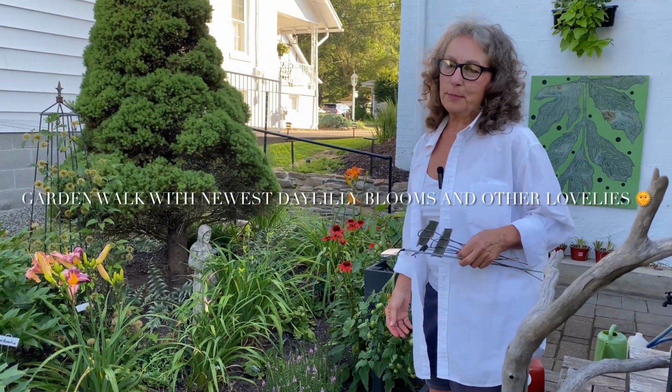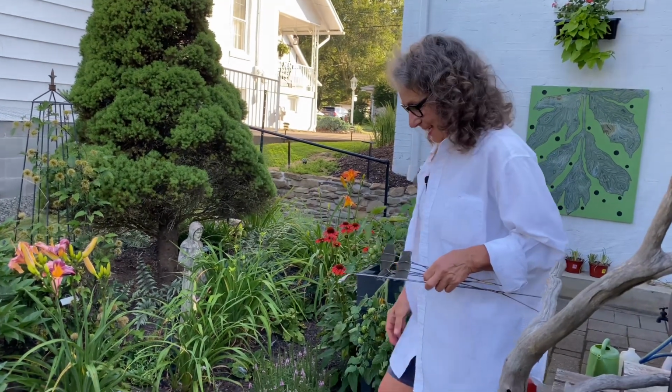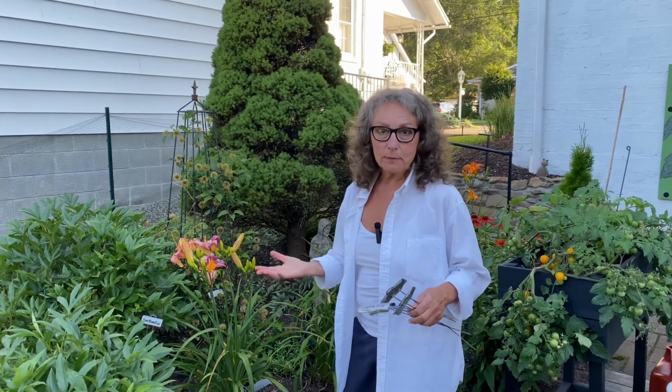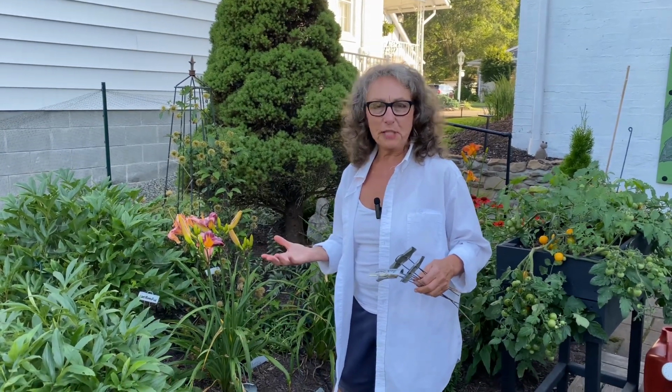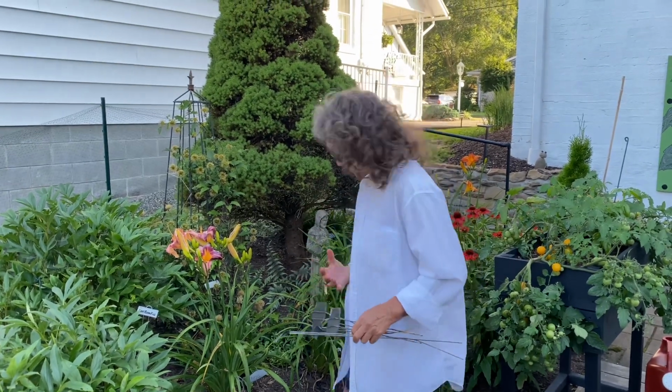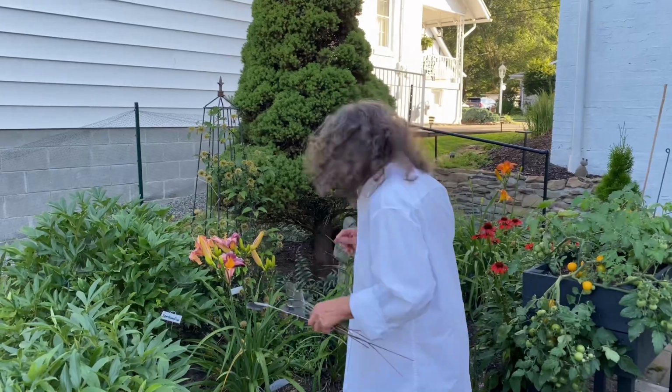We're doing a walkthrough because I was just checking the weather, and there's a good chance tomorrow of severe wind and some hail and all of that jazz. And there are some daylilies that weren't in bloom probably 10, 15 days ago when we did our last video. So I wanted to get out and show you how everything's looking, show you what is blooming that wasn't, like